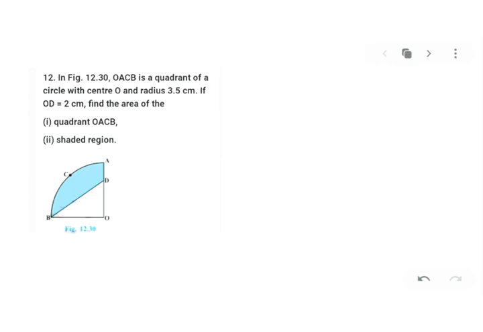It says, if you can see the figure, that OACB is a quadrant. So this sector is a quadrant. If this is a quadrant, that means this is 90 degrees. So you got one thing: if you want to go for sector area, you have theta, the central angle, with you. And then it says O is the center. So we got the central angle 90.